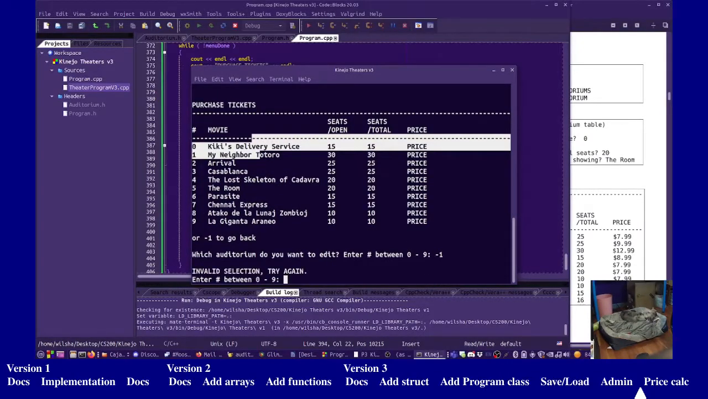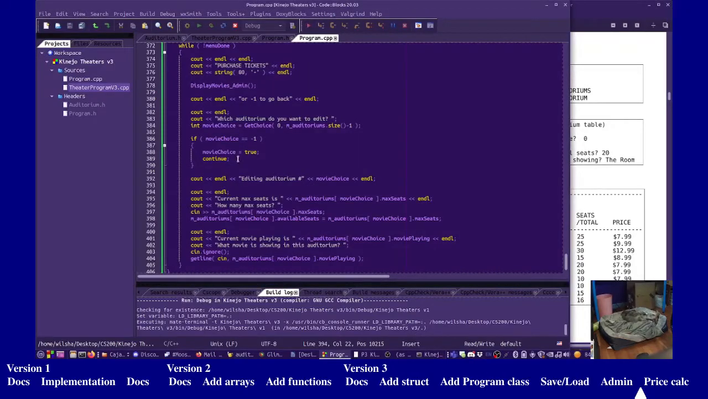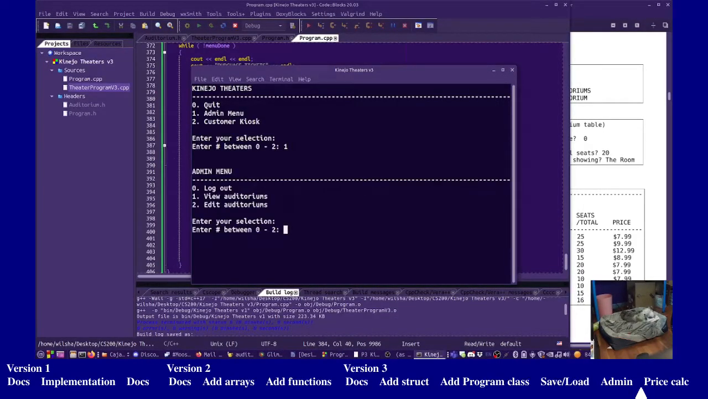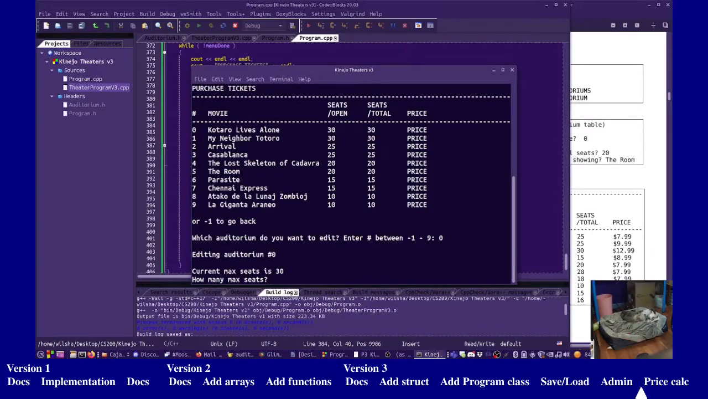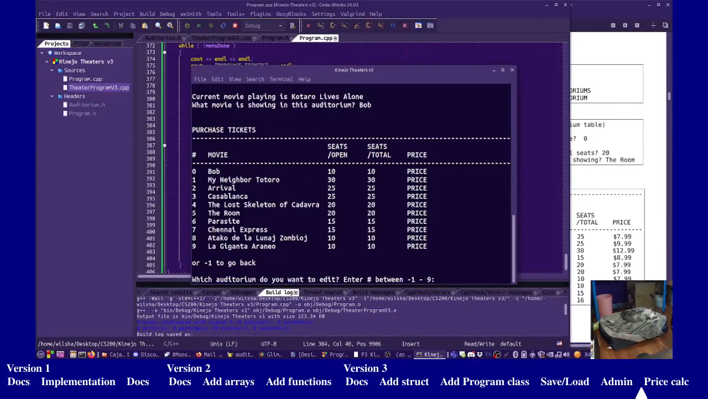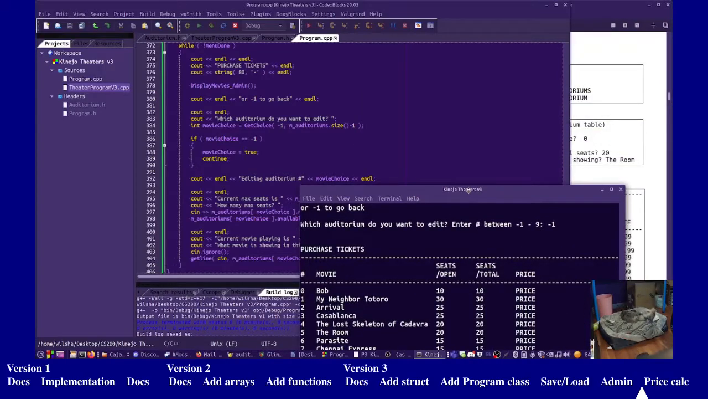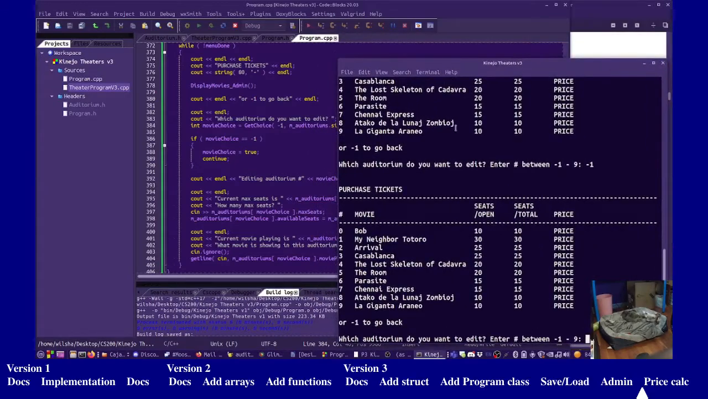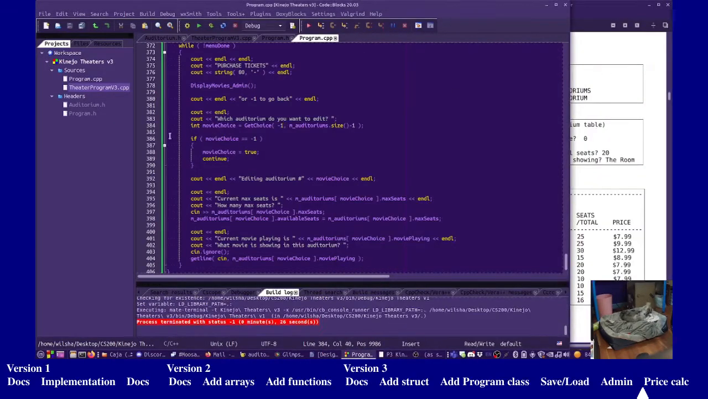If I go back, okay, did not like that because this is still expecting a negative or a 0 as a minimum. So admin, edit, 0, 10, Bob. Go back. Did not like that. Why did it not let us do that? I want to go back, and it's not allowing me to. Well,